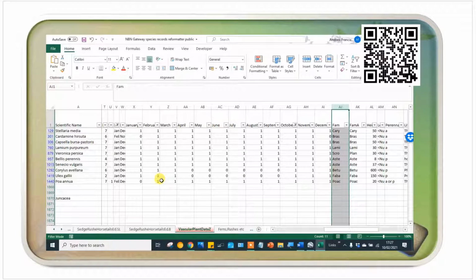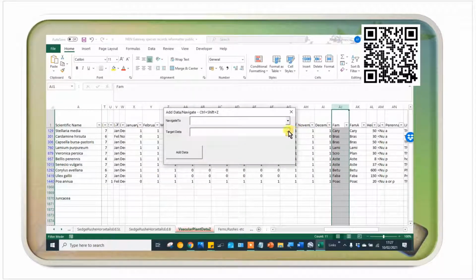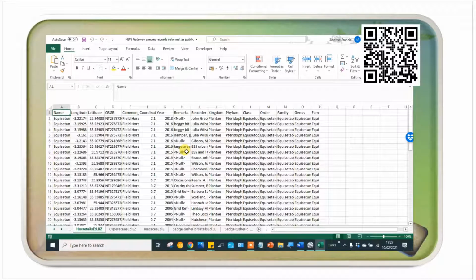This is just a very quick hypothetical example. So I've got that and I decide I want to add this family column to my horsetails database, and you'll see it's just added FAM at the back here. It's very, very customizable and easy to use. So there may be a few bugs in here in places. I'm very interested in people letting me know if there are things they would like me to do with this to improve, and I would